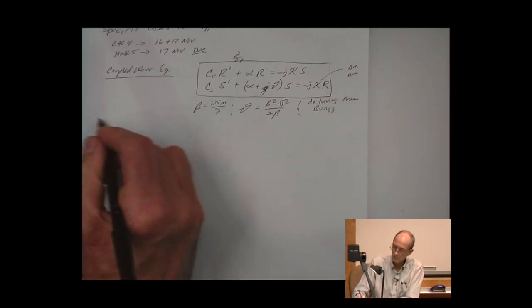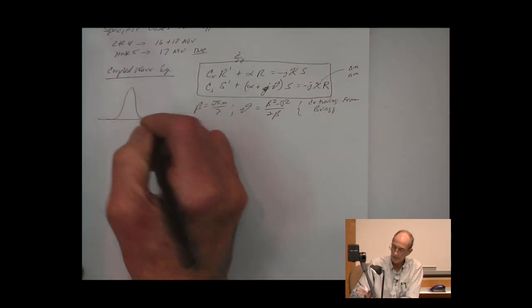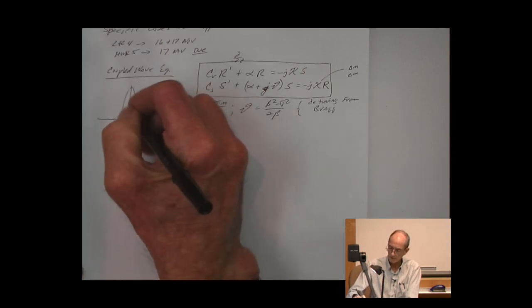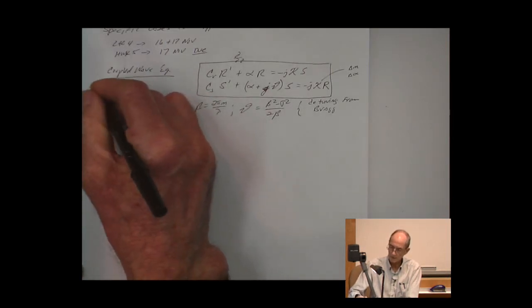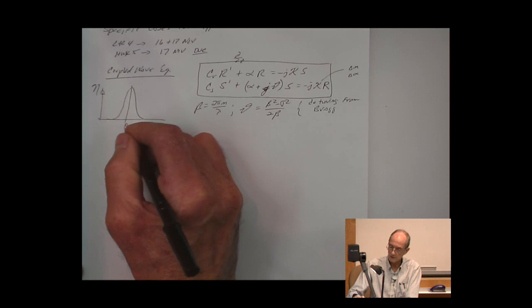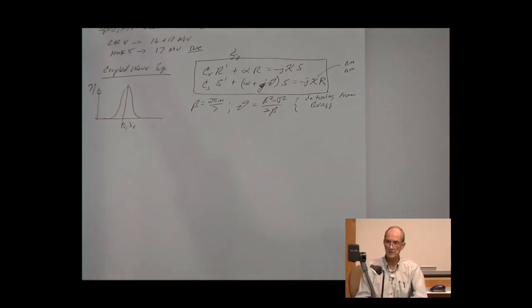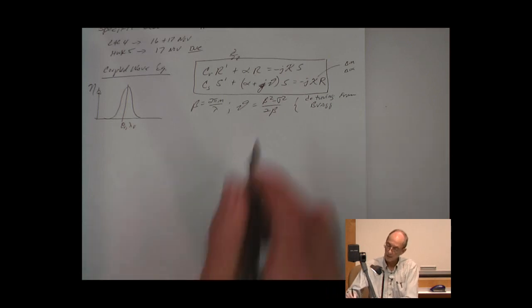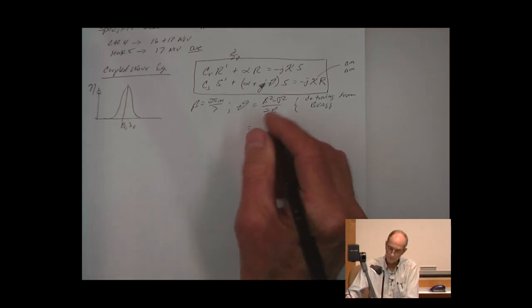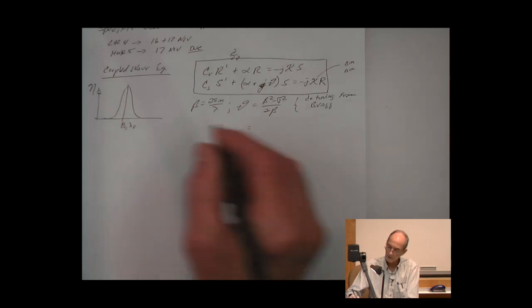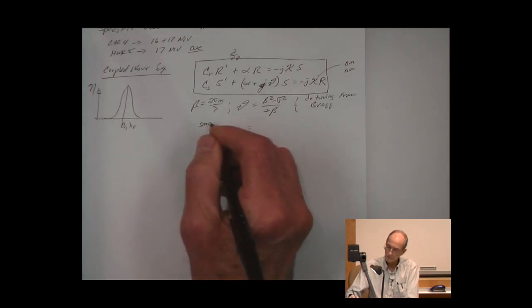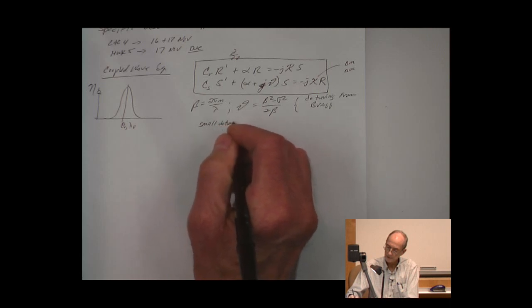All right, and so when we have the efficiency of our grating, we're going to have something that looks like that for the diffraction efficiency, where this is, say, the Bragg angle or the Bragg wavelength. And there's going to be some bandwidth, and what we'll be doing now is determining the functional form for this diffraction efficiency. A simpler form, if we only have small detuning from the Bragg condition,